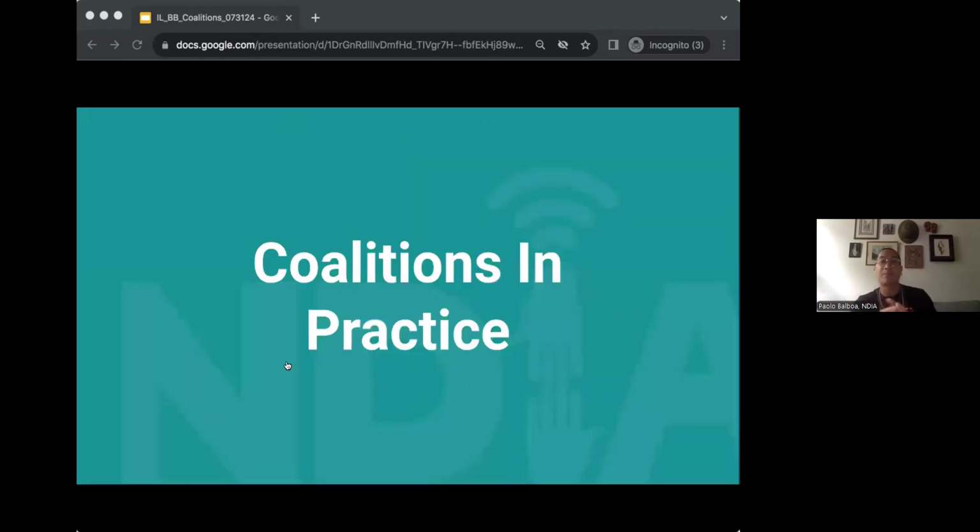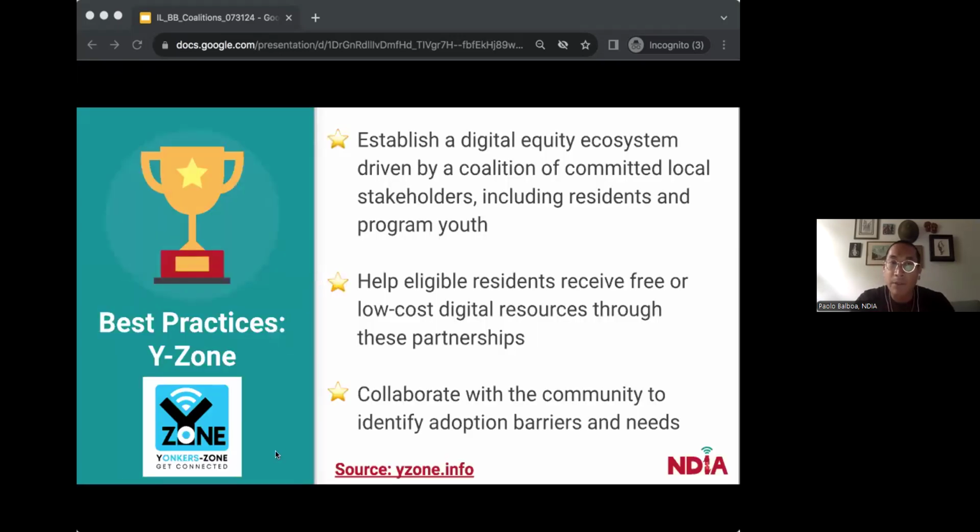So really briefly, an example of some coalitions in practice. The first example that I'll share is called the Y Zone. This is from Yonkers, New York, which is outside of New York City. This does represent a more urban example of a coalition. I have other examples that I'm ready to share. But in this example, the Y Zone initiative